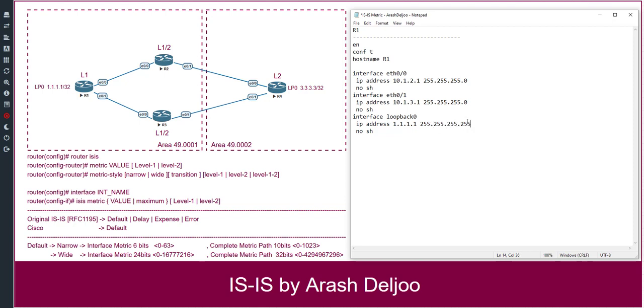Okay, we don't need no shutdown because you know that the loopback interface by default is enabled. And after that, we need to configure ISIS in this router. This is one of the level 1 routers. Let me use router ISIS. Then we should configure the net address 49.0.0.1, for example, quad 0, quad 0, 0, 0, 1, then